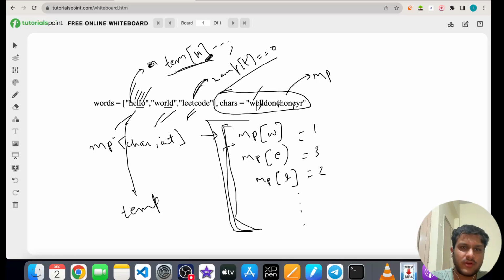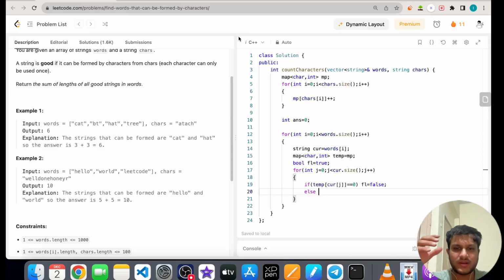Else, we have to simply reduce the count of that character, so temp of cur of j minus minus.